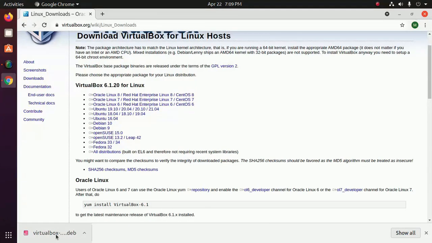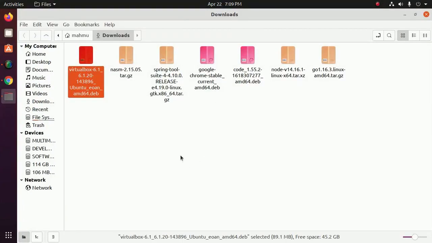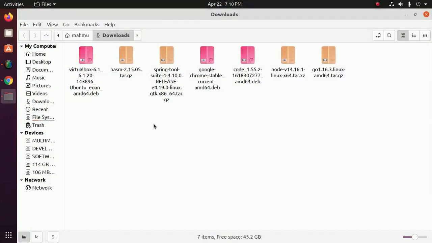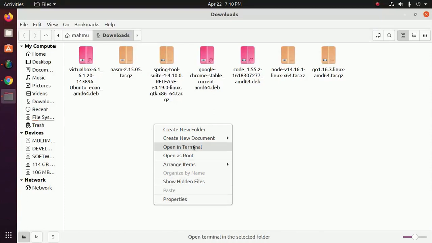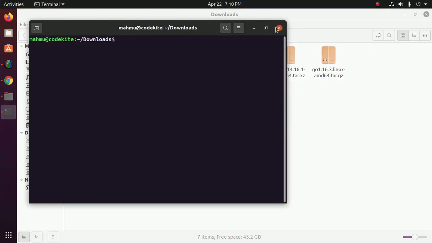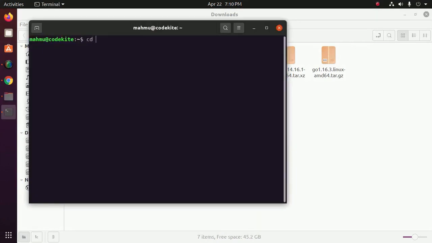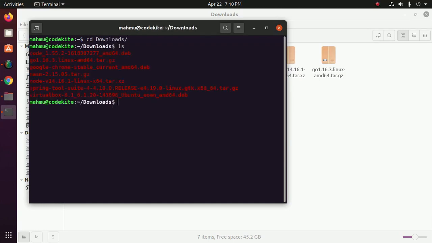I have already downloaded this Debian package, so show in folder, or you can directly navigate to the downloads folder. Now open in terminal, or you can navigate to the download folder by cd. Okay,